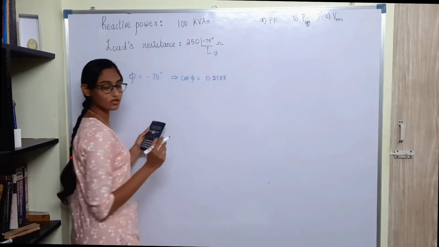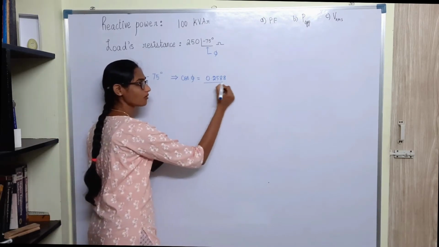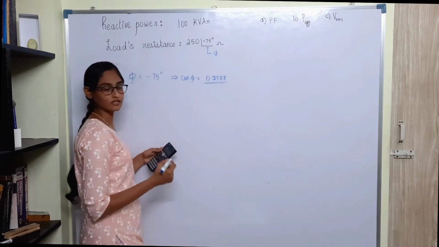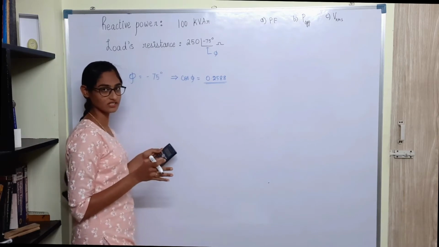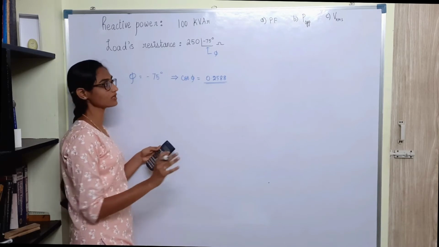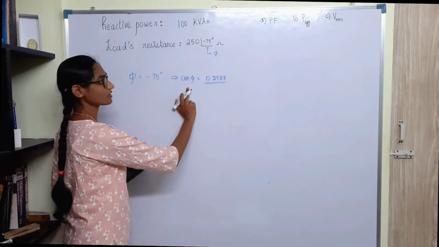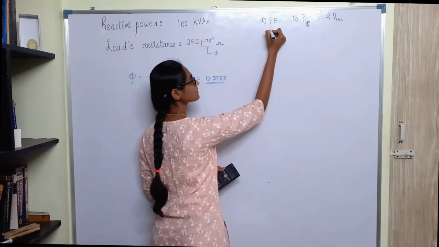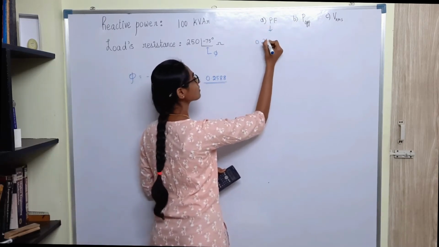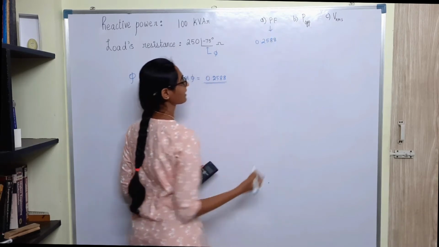If you have watched the video on power factor correction, you will be able to conclude how good this power factor is. It is not close to 1, it's very low. So you can imagine the losses that will occur in this system. Okay, so let's jump back to this problem. We know the power factor now. The power factor is 0.2588. Next, we need to find out the apparent power.